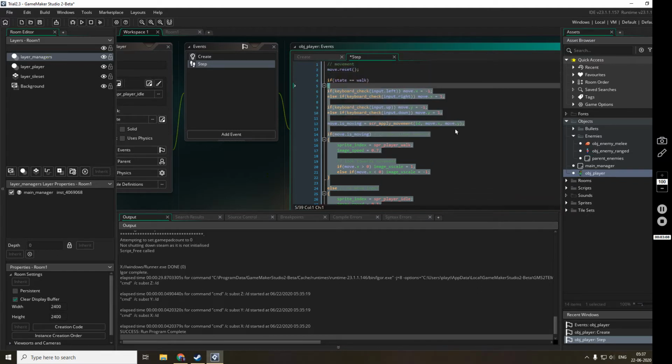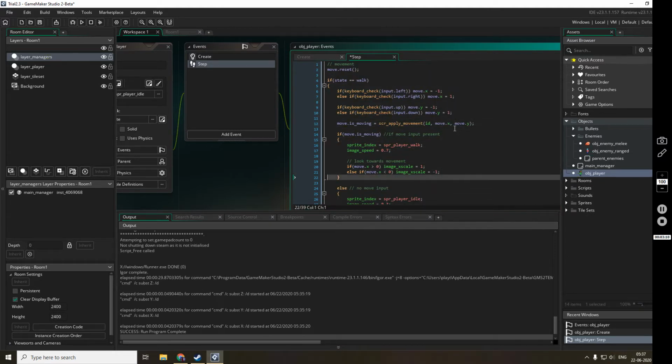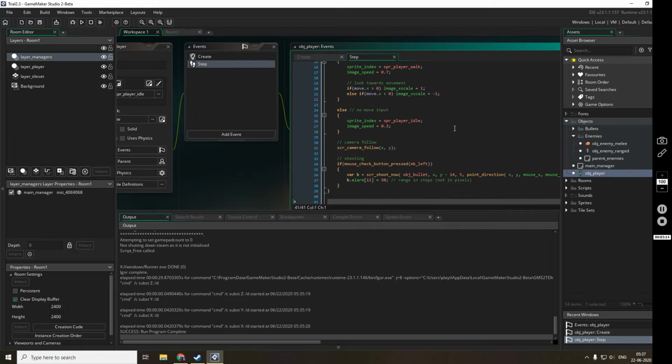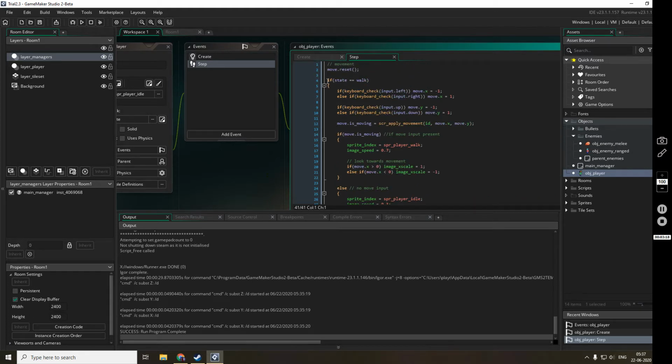The player can't shoot if it is in dash state. I don't have a different sprite for the dash state, but I'll be using the same run sprite without the animation, with spread legs.